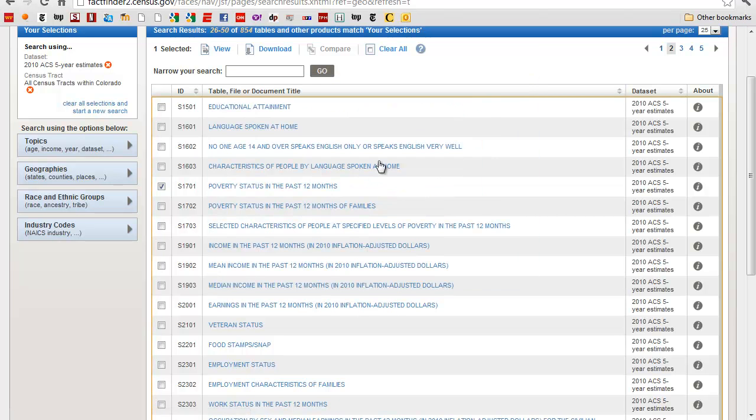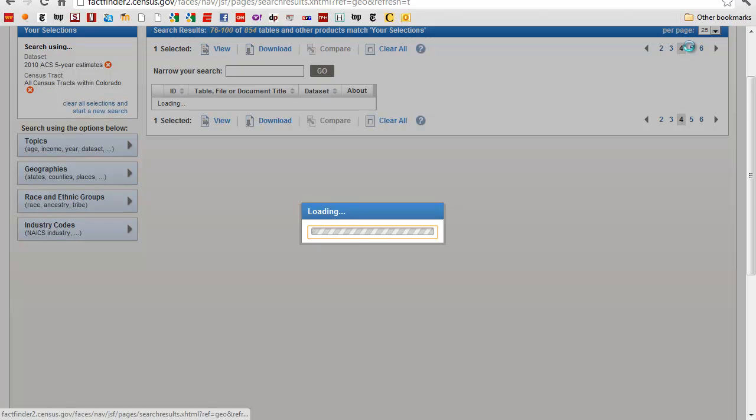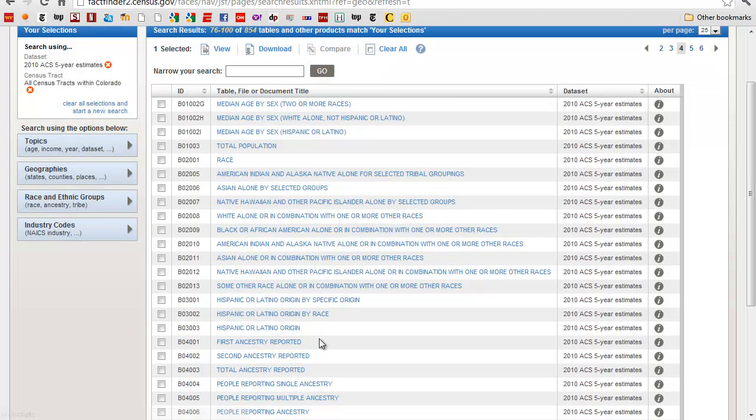And we can make a percent impoverished out of that. It also does a breakdown by a number of other categories, but I usually don't bother with that. Let's get a race and ethnicity category. So let's go to page 4 here, and we'll look for Hispanic or Latino origin by race. This will allow us to look at white non-Hispanic, black non-Hispanic, Latinos, and so on, and disaggregate race and